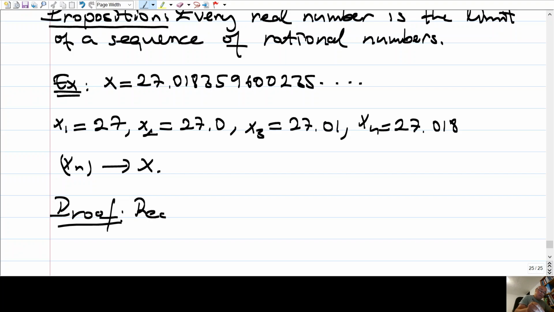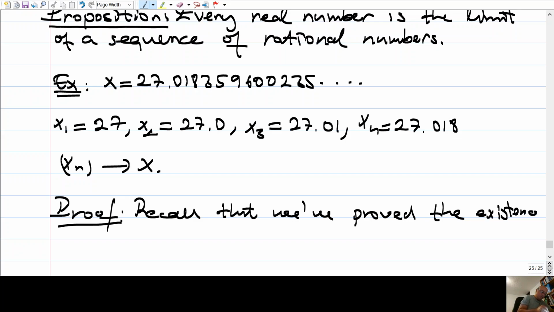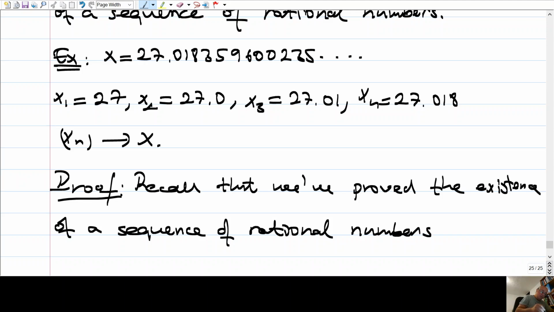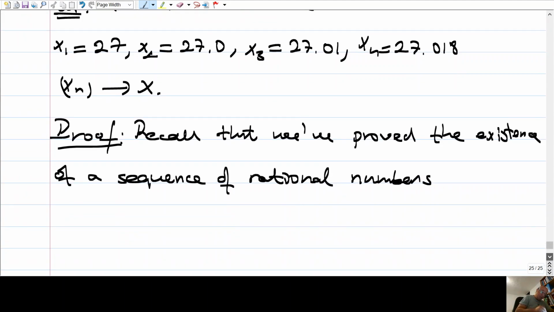Recall that we have proved the existence of a sequence of rational numbers. What was it,